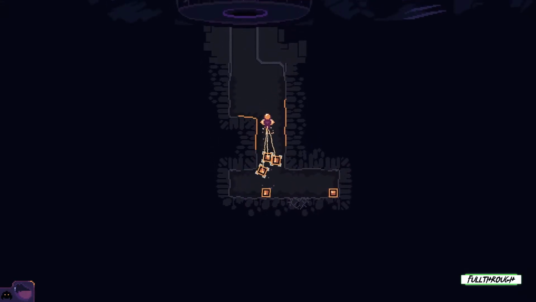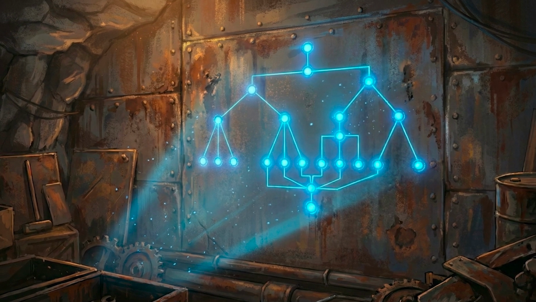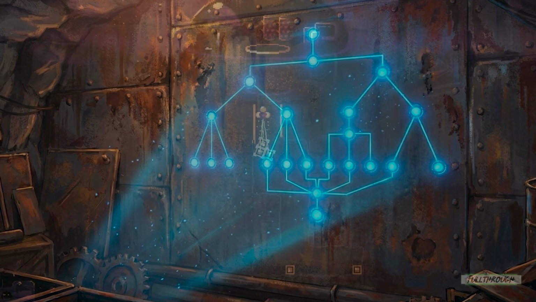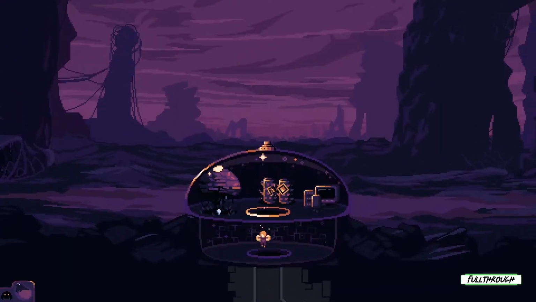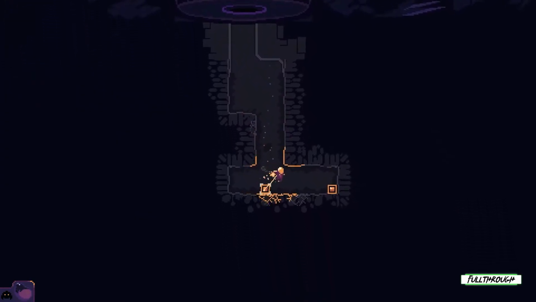The second one is architecture. Godot's node system is brilliant. Everything is a scene. A character is a scene, a weapon is a scene, a level is a scene. This modularity fits perfectly with our plan for procedural generation. It allows us to build complex systems from simple, reusable blocks.